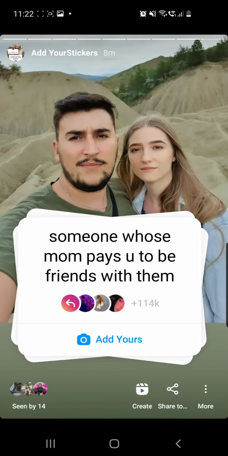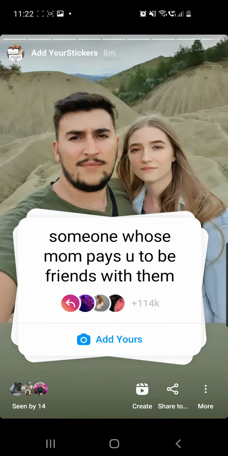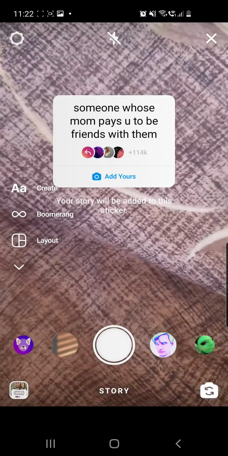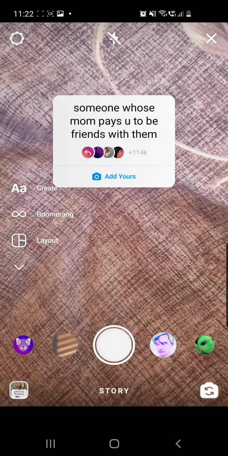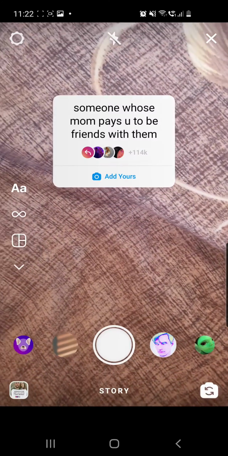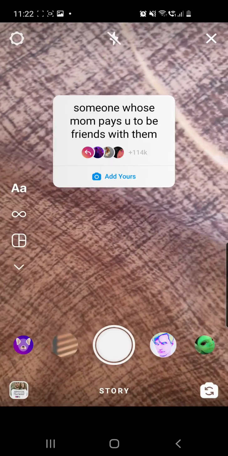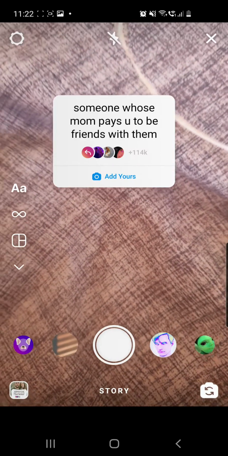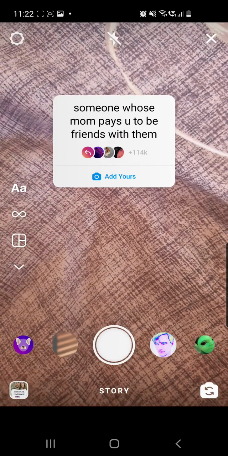So you have to click until you find that story. So there we have it. Click on the add yours button. And if you are not able to click on the add yours button, then you can go ahead and check the first pinned comment, where I already put a link to a video which shows you what to do if you are not able to click on the add yours button. And at the end of the story, once I will do it, I will show you from where you can get that link